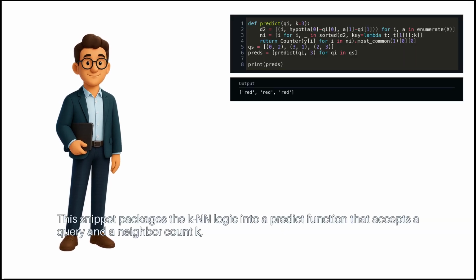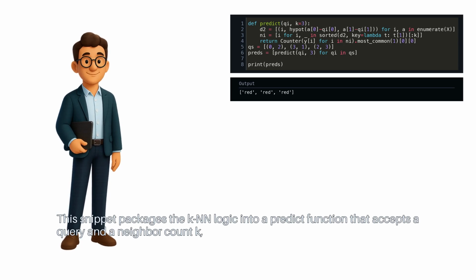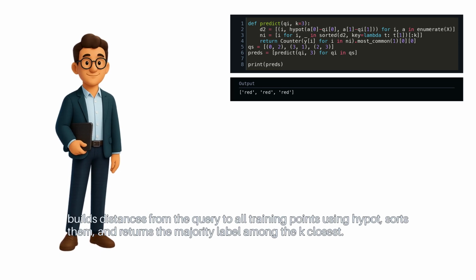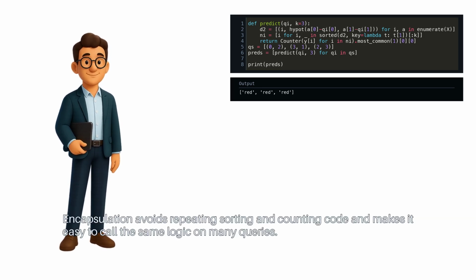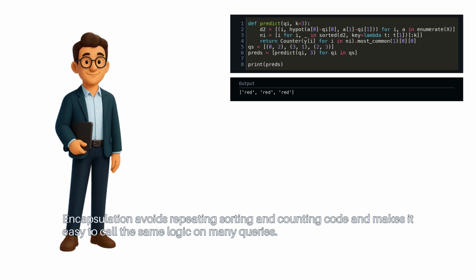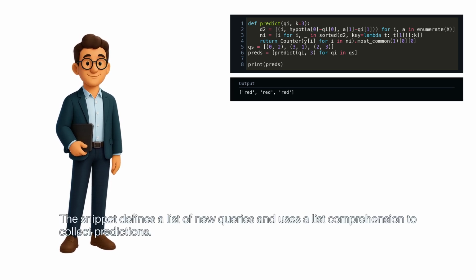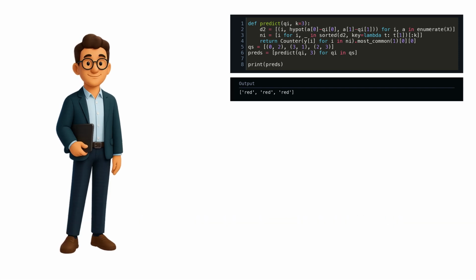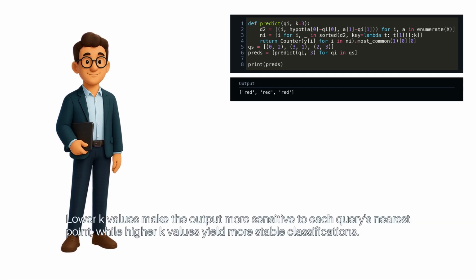This snippet packages the KNN logic into a predict function that accepts a query and a neighbor count K, builds distances from the query to all training points using hypot, sorts them, and returns the majority label among the k closest. Encapsulation avoids repeating sorting and counting code, and makes it easy to call the same logic on many queries. The snippet defines a list of new queries and uses a list comprehension to collect predictions. Lower k values make the output more sensitive to each query's nearest point, while higher k values yield more stable